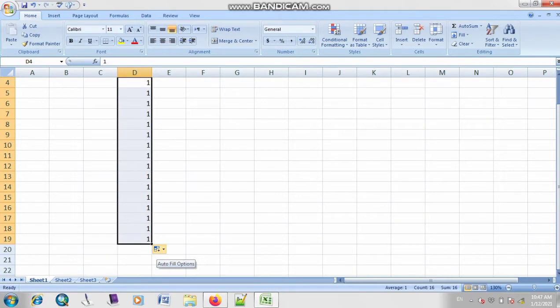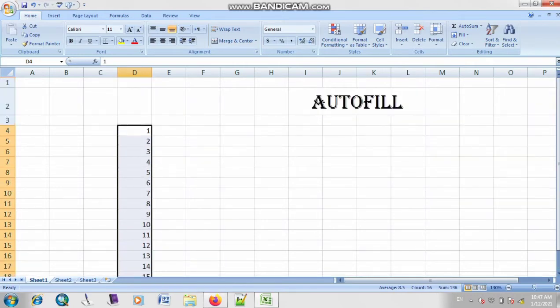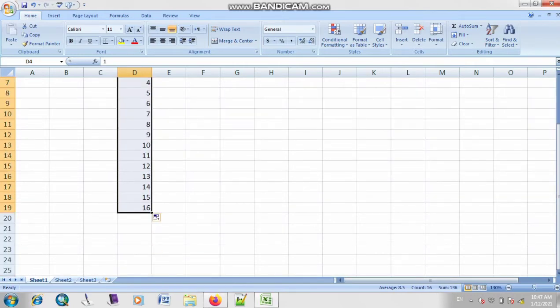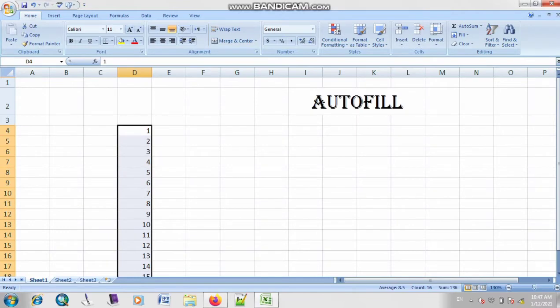Leave it. As you can see, the autofill option is at the bottom. I'm just going to click on the option of fill series. When I click on fill series, as you can see, my series is automatically filled with different numbers: 1, 2, 3, 4. However many numbers you want, you can insert them, and from the drop down menu you can use the autofill feature.